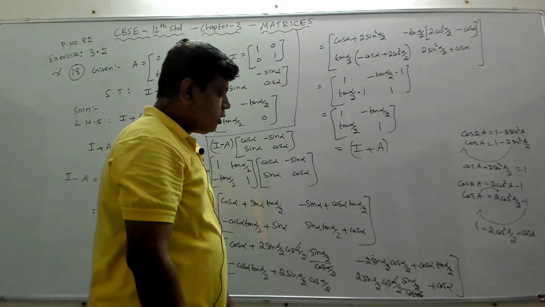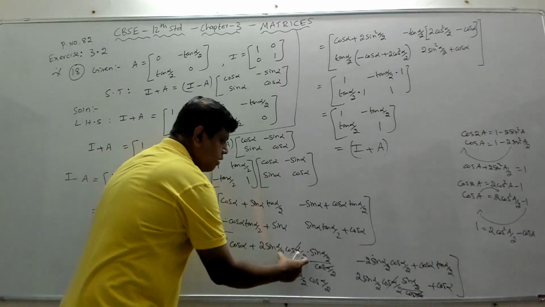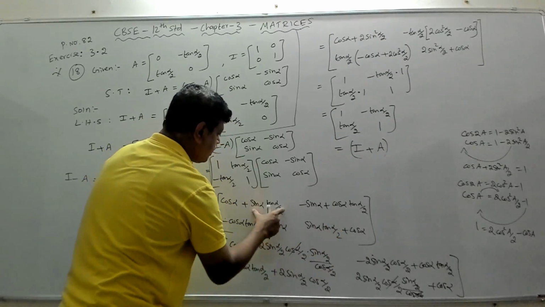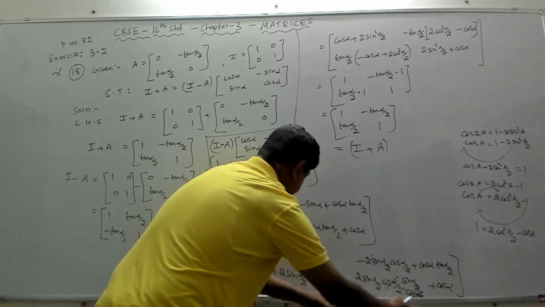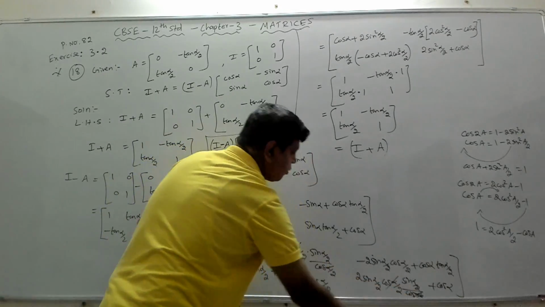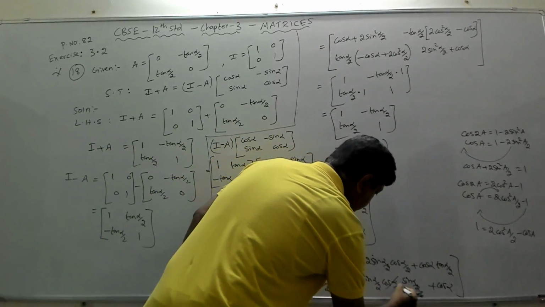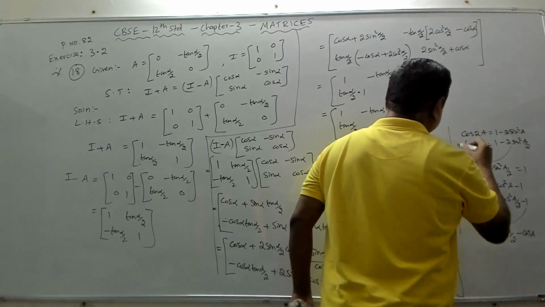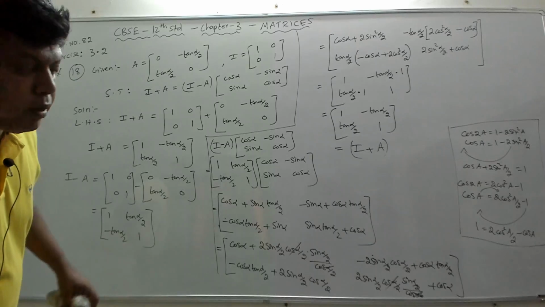For that you have to be really thorough. Whatever I have written here is the same as here. I have written this here and this one, because both of these are the same. Only thing is your sin alpha by this one is here and this one is here. If you couldn't see this in the video, please take this and write it here. Cos alpha is visible, but this part is this part, and the same cancellation that I have done here, I have done here also, right? So cos alpha by 2 itself gets cancelled, right? All of you, these are the formulas that we have used, which you would have studied in your 11th standard, fine? So all of you can pause the video and take the notes.